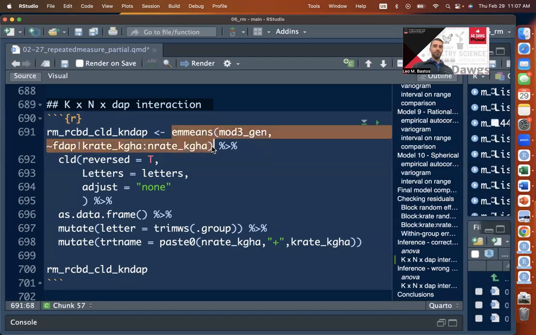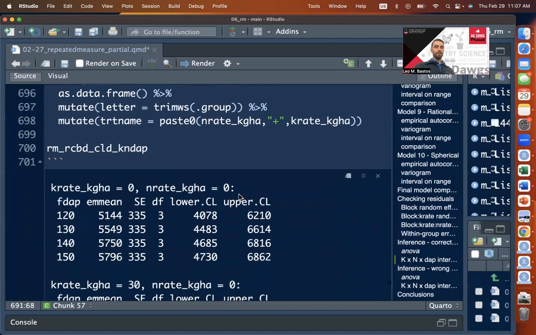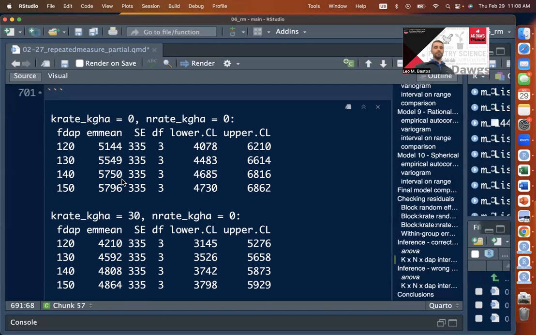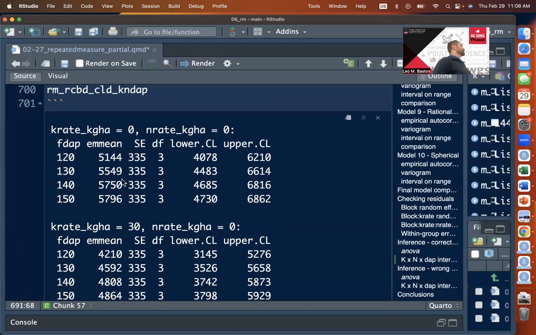If I just run this part of the code so you see the structure that's coming from it, this is what the mean structure is being set up. So I'm comparing all combinations of potassium and nitrogen rates within a date. Or, no, I'm sorry. It's actually the opposite. I'm sorry if I confused you, because I confused myself. So I'm actually getting inside of one combination of potassium nitrogen rates and comparing the dates within it. So here we're answering the question of, is a given treatment increasing over time significantly? Is that increase significant, right? This is the answer that we are finding with this specific way of breaking down the means,